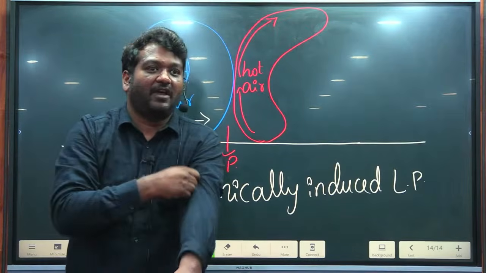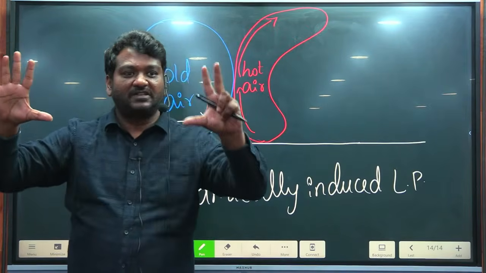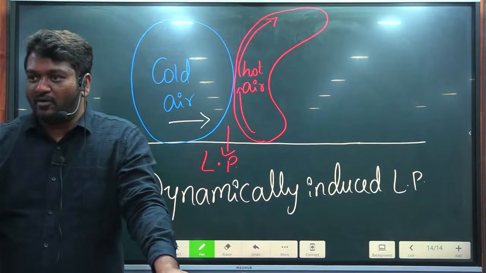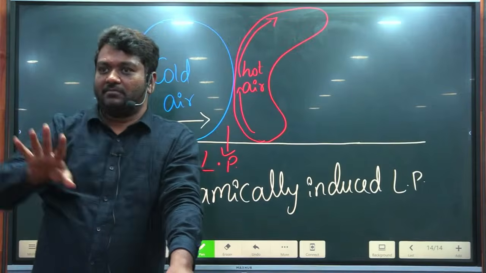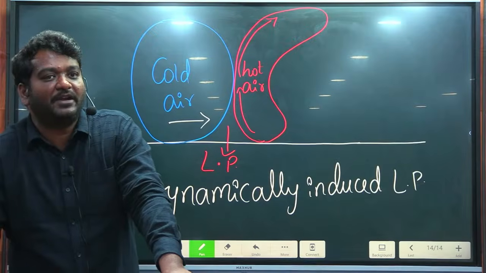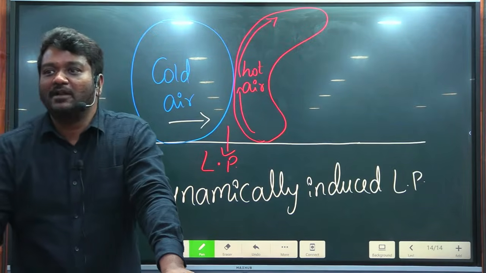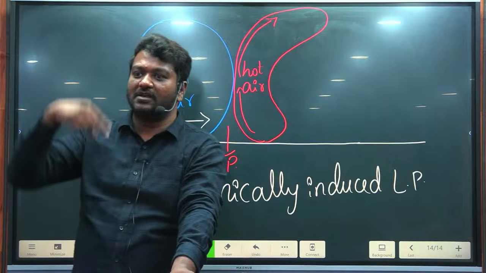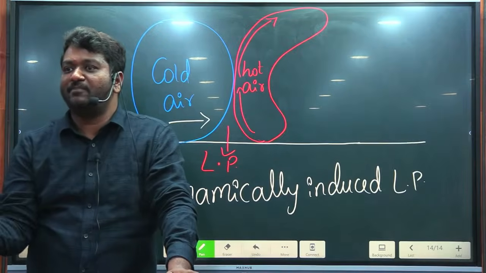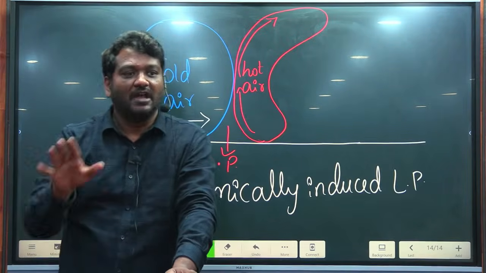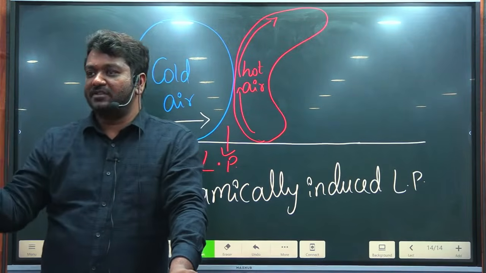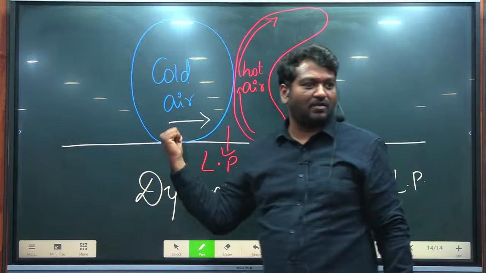Let me ask you another way. A picture of cyclones is given for India. Tamil Nadu is getting a cyclone. The Himalayas are getting a cyclone. Both are getting cyclones. Which one will be thermally induced? Which one will be dynamically induced? Tamil Nadu will be thermally induced. The Himalayas will be dynamically induced. Are you getting the point? Wherever high temperature is there, thermally induced. I will teach you all this again. I am just asking you, don't think about application. Think about the actual concept here.